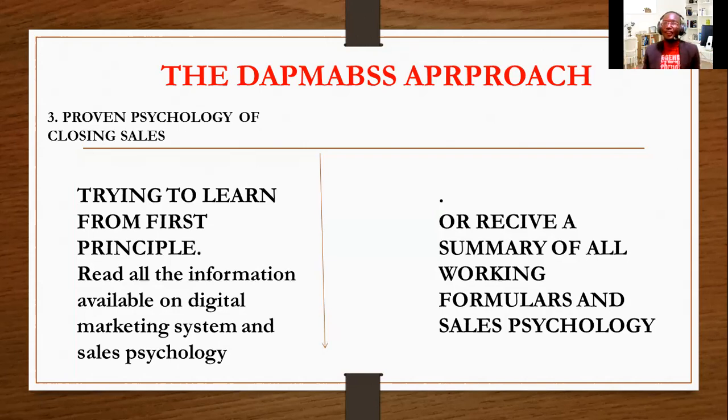For those who did some mathematics or calculus, they will say derive from first principle. Deriving from first principle is so difficult, so tedious, and it takes time before you can finish. So you can try and read all the information available on digital marketing systems and also sales psychology, or you can actually receive a summary of all the working formulas and sales psychology that are working. Two options before you. I know your choice is going to be the second one, receiving the summary,